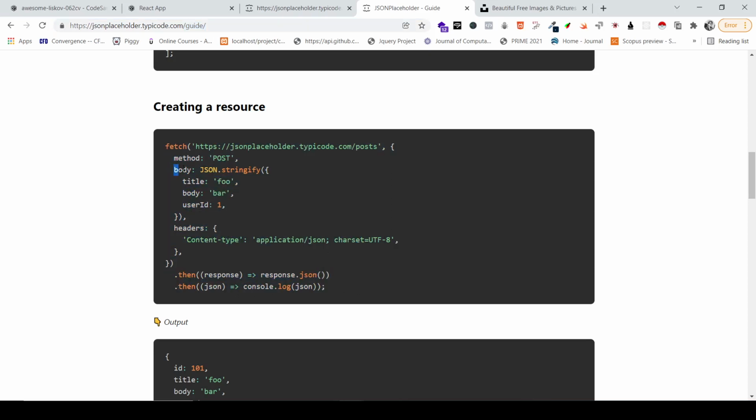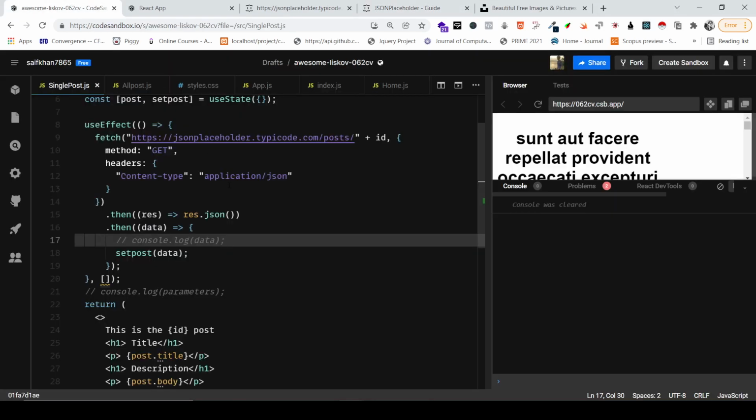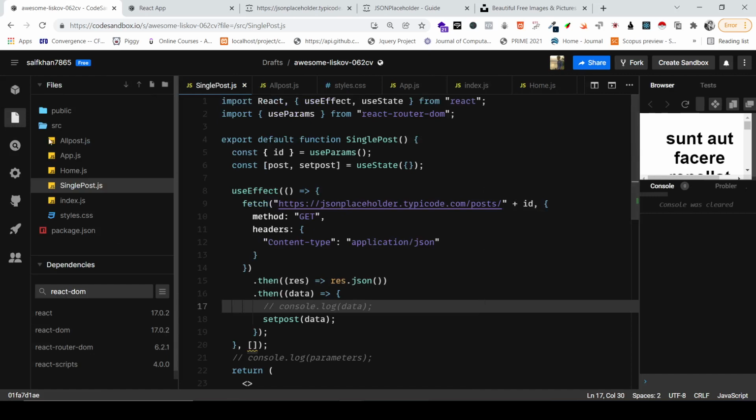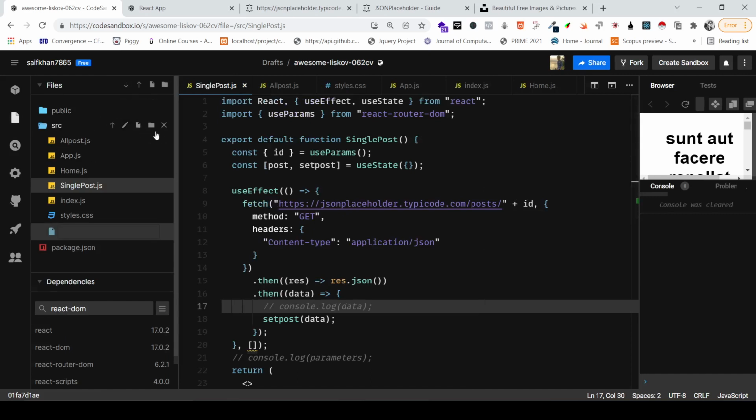So now over here, as you guys can see, if I want to post something, then I need to write method post. Then I'll have to pass the body over here, and I need to pass the headers just like we always do. Let me just copy and paste the whole thing. All right, but before that, let me just create a file called